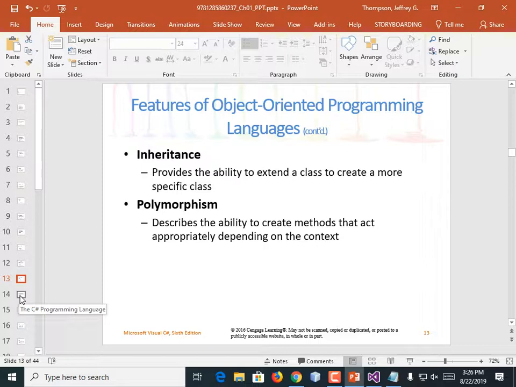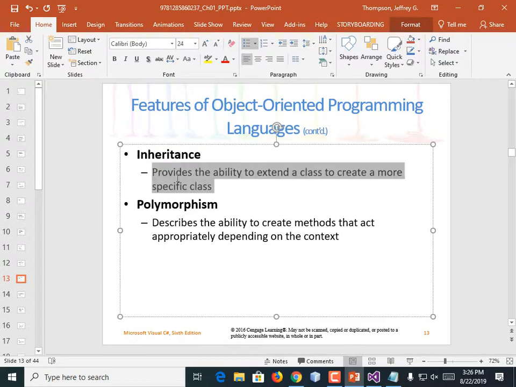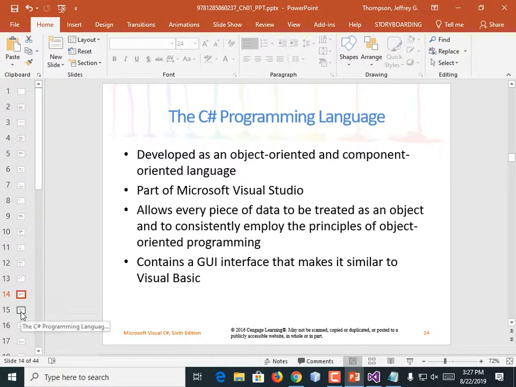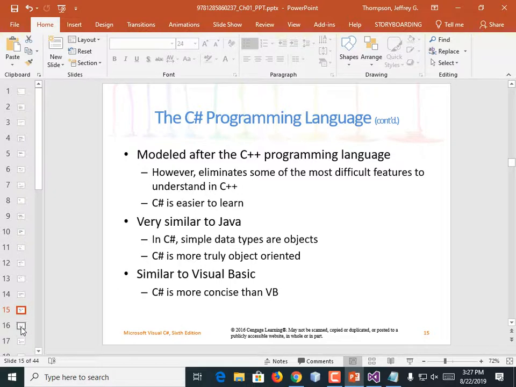More features of object-oriented programming languages. They give you inheritance, which is the ability to make a class that extends the ability of another class. So you can have a mammal class, and then a dog is a more specific kind of mammal with more attributes. So you can create a dog class that extends the mammal class, and then specific breeds of dogs have more specific attributes even than that. So you could have a German Shepherd class, which extends the dog class, which extends the animal class. Since we're going to be hitting these concepts again in later chapters, I don't mind just kind of clicking through them.